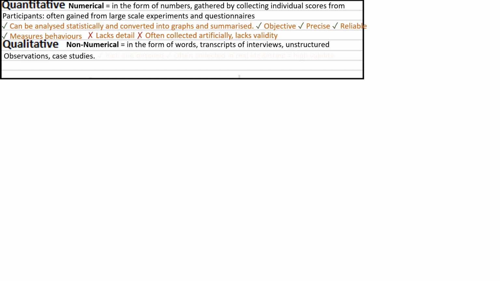Some great benefits to qualitative data. We really do get some rich and detailed information that's often missing from the quantitative method, because we often go into a real life setting to collect our data, we might suggest that the data has got more validity than some of the quantitative methods. It might be a truer reflection of how behaviour is expressed in real life.